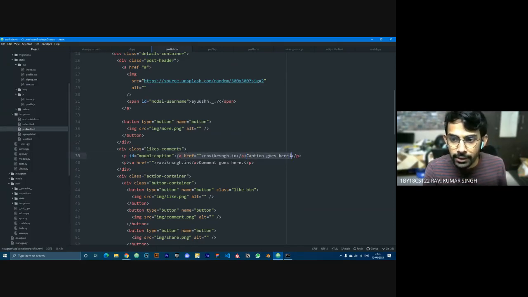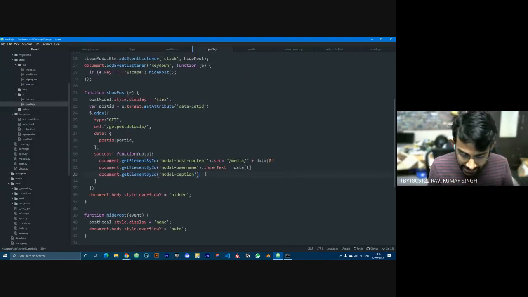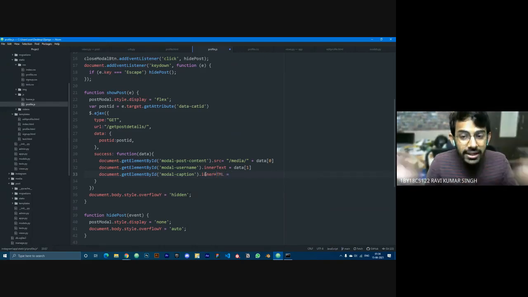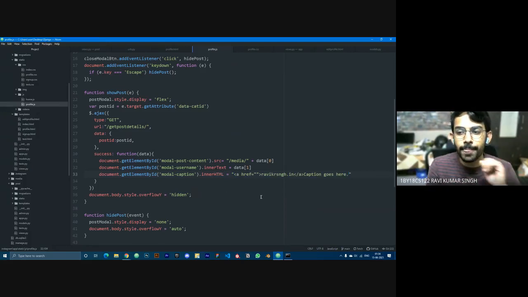copying this part in the profile.js. I'll write .innerHTML. So the whole innerHTML is going to be like this. Also, as of now it's not creating any problem, so it's fine.